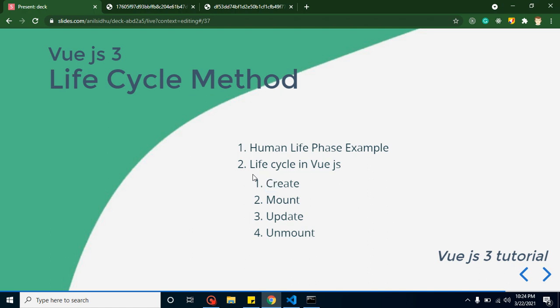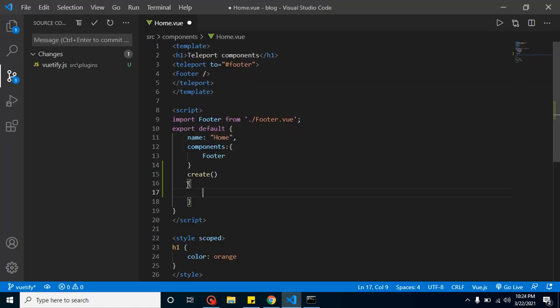Whenever our component is created, this life cycle method will be called. What happens if we do not write it here? Then it will not be called automatically, because there is nothing to perform on this event. We can have another one like updated, right? This will be called whenever any data property is updated in this component, right?